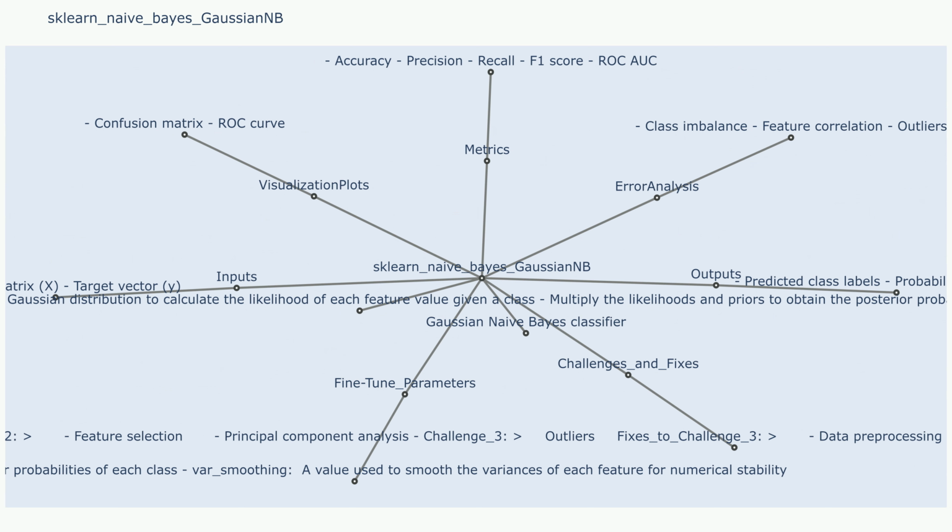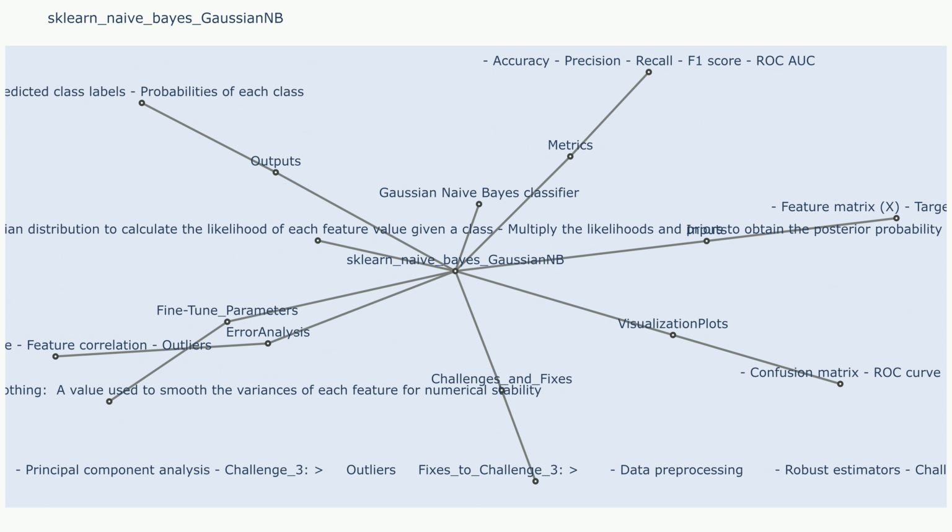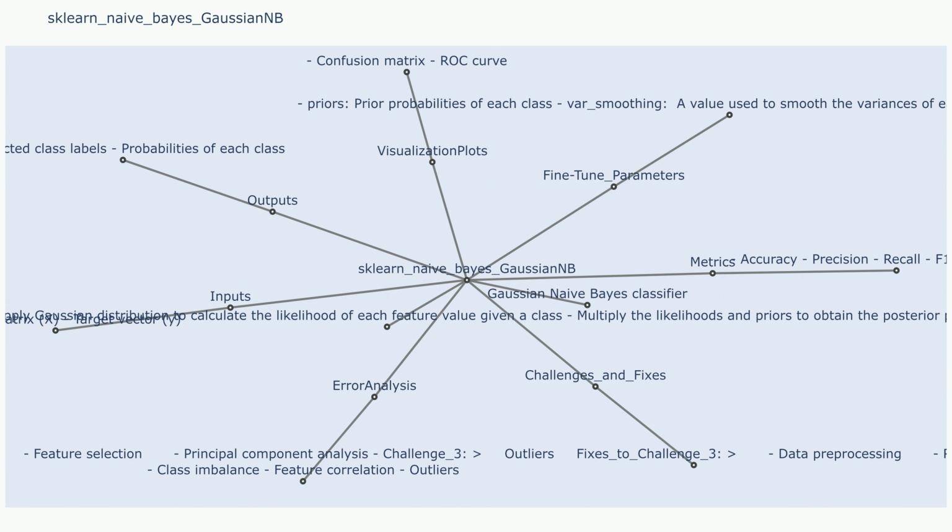F1 score. The harmonic mean of precision and recall, providing a balance between them. Visualization plots. Decision boundaries. You can visualize the decision boundaries of the classifier, showing how it separates different classes. Feature importance. You can plot the mean and standard deviation of each feature for each class to understand their importance